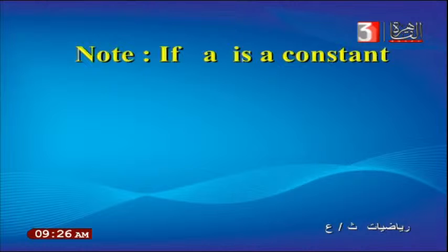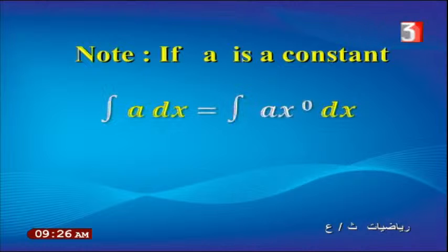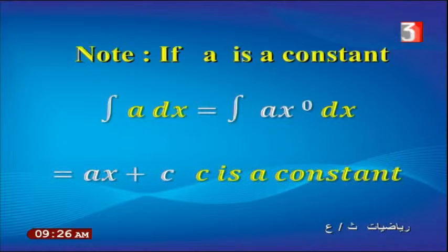Note number 3: if a is a constant, then the integration of a dx equals the integration of a x to the power 0. We know that x to the power 0 equals 1, and a times 1 equals a. Then the integration of a dx equals the integration of a x to the power 0 dx. When we add 1 to the power, the integration equals a x to the power 1 plus c, where